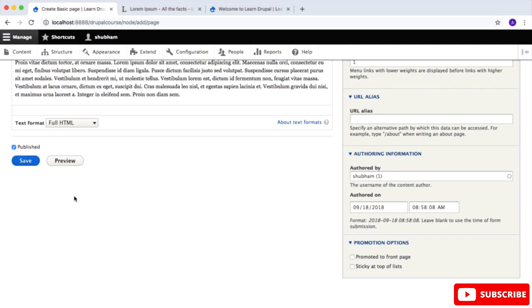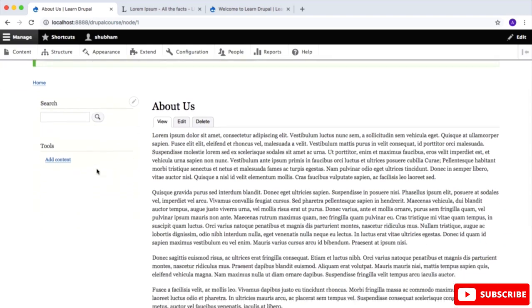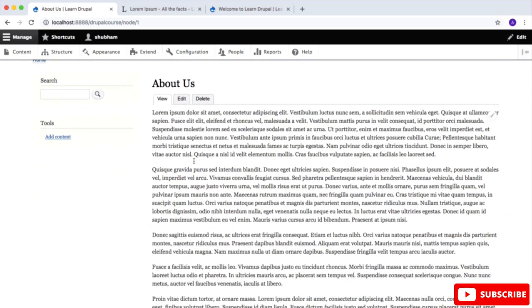Okay, now if you will untick this checkbox and you will save it, then it will save it inside your Drupal website, but your visitor will never see your content because it is not published, it is saved. So if you want to save and publish your content or your about us page, then just click on that and you can click on save to publish your contents. Now your basic page or your about us page has been created and you can see that here. If you want to delete it, then you can click on that, and if you want to edit it, then you can click on that. We will talk about these things in an upcoming video.